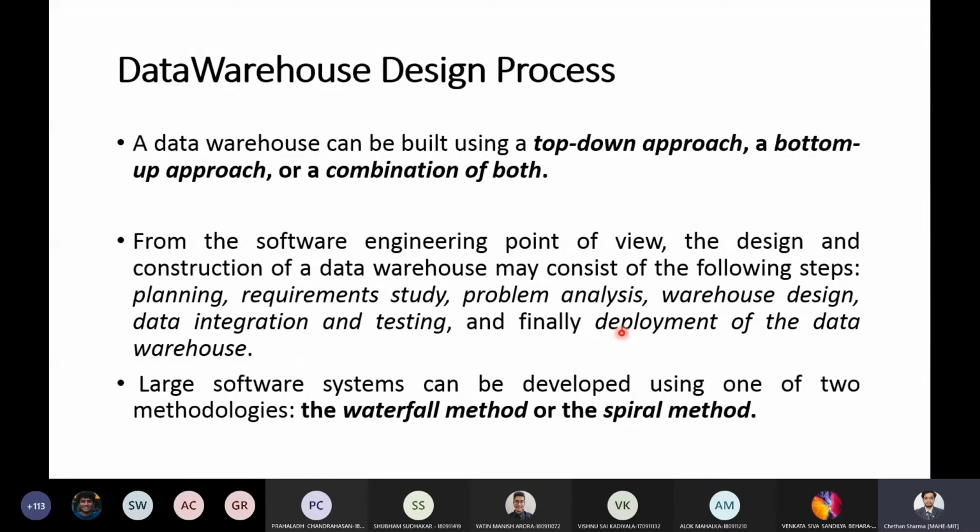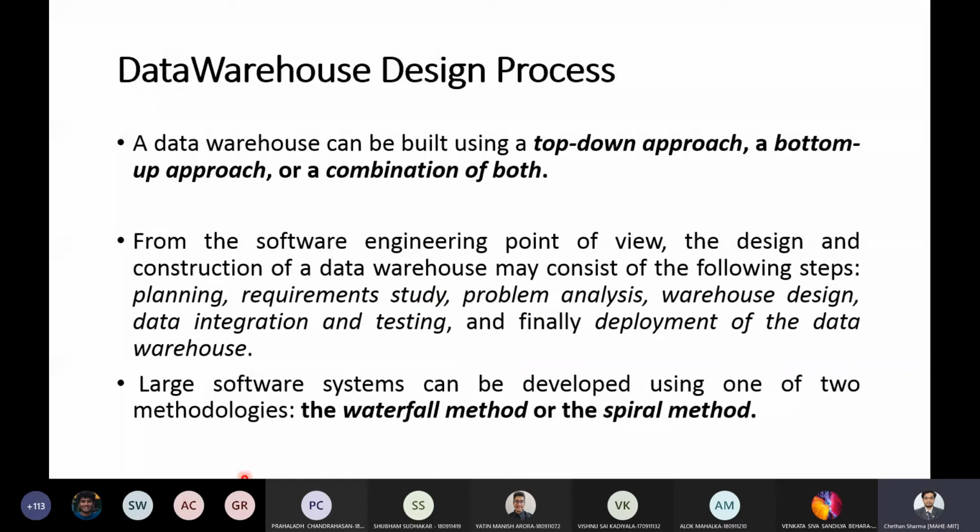So first plan, do the requirement study, do the analysis of the problem in hand, choose which data warehouse design is suitable, do the integration and testing of the data, and finally deploy. So these are the steps required in the design and construction of a data warehouse by any organization.